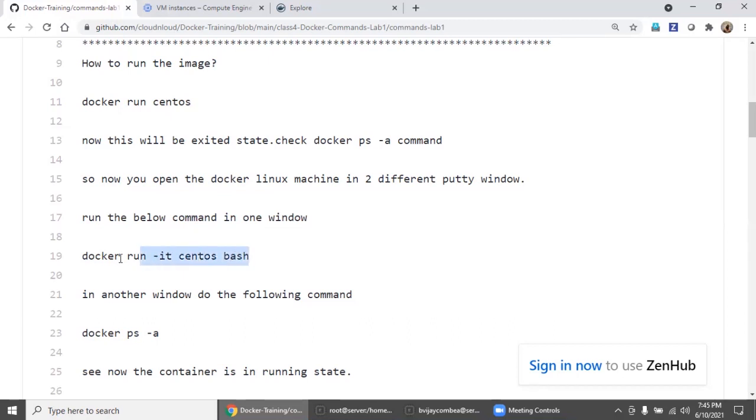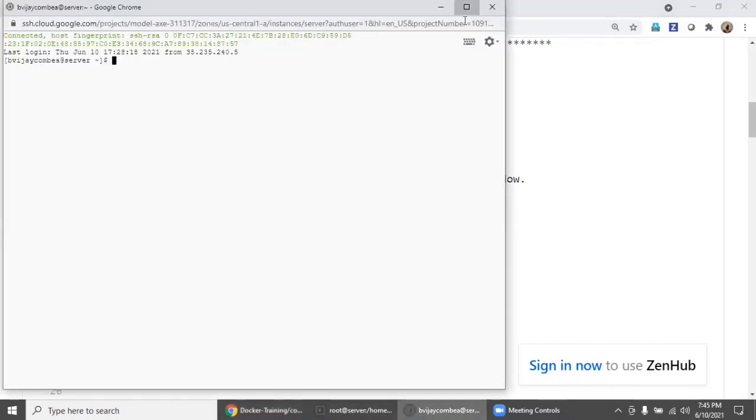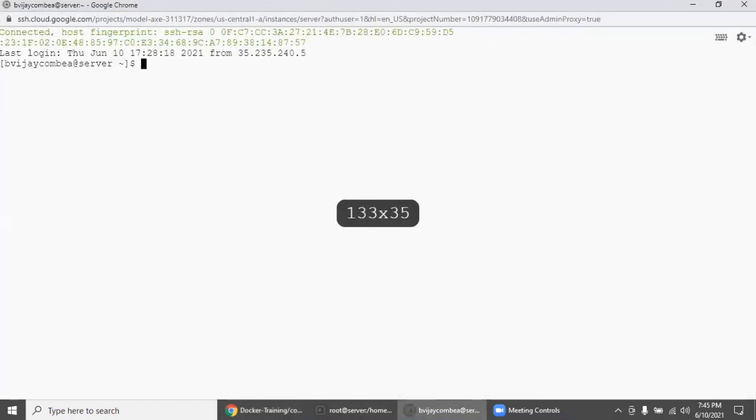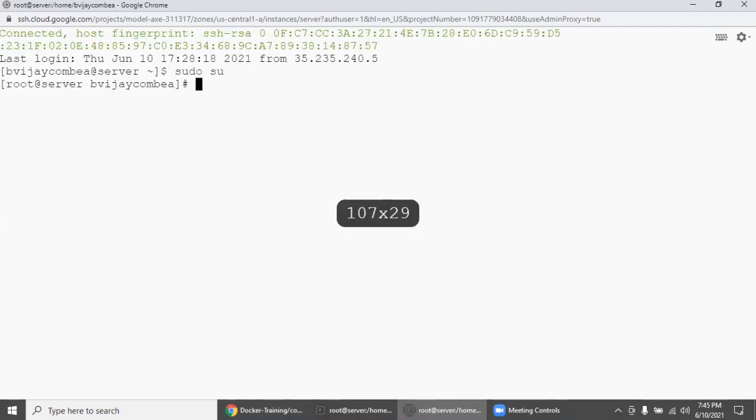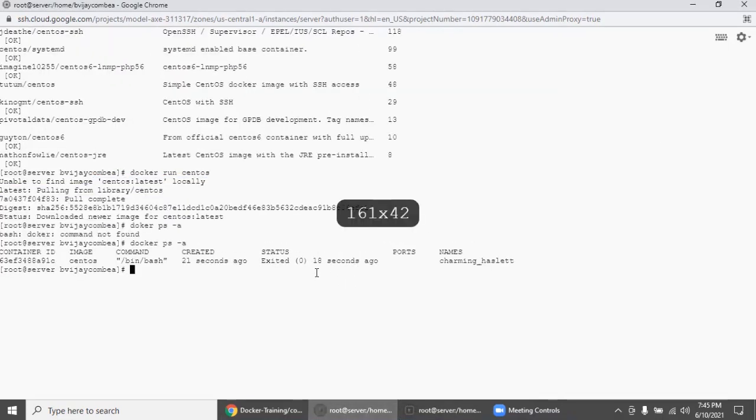Okay, I'm just going to copy this. Before that, we will log in as root with sudo su. In one window, we are going to run it: docker run -it CentOS bash.